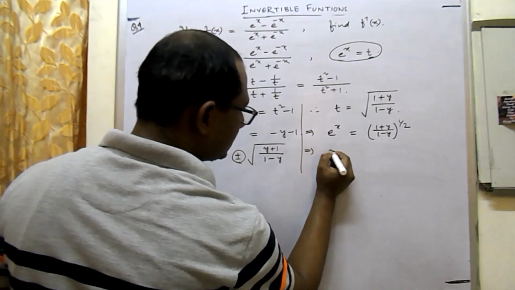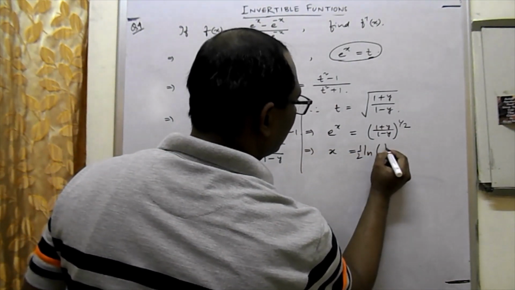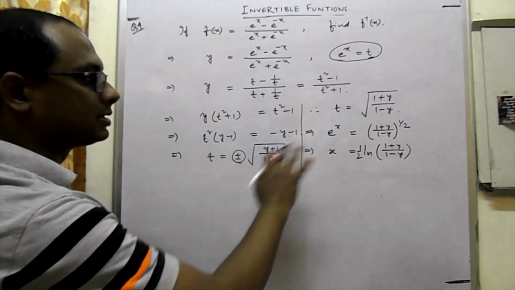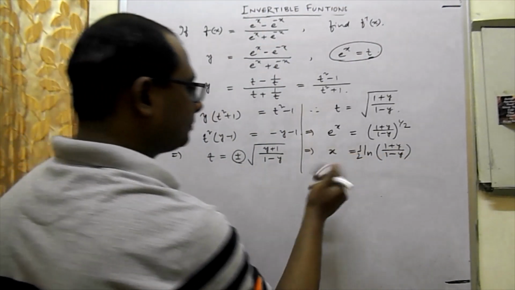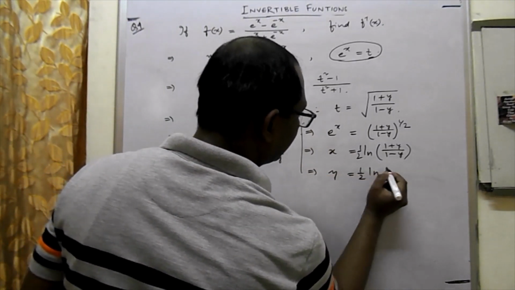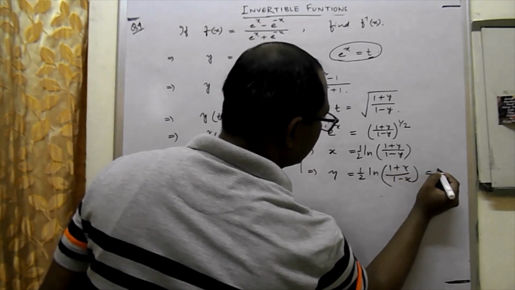X in terms of y, so x is half ln of (1 plus y) upon (1 minus y). Again, x in terms of y, then what we do, we swap. So y equals half ln of (1 plus x) upon (1 minus x), and this gives us f inverse